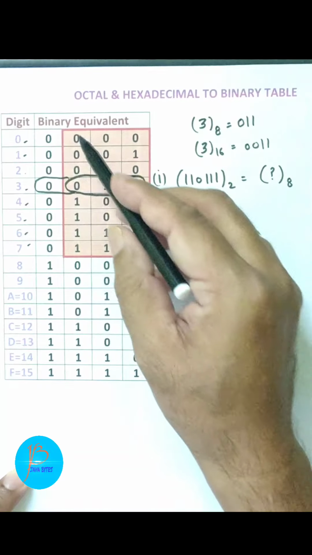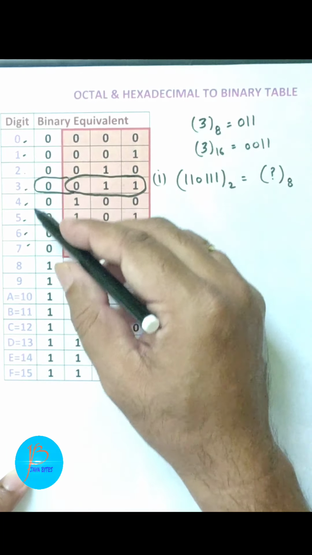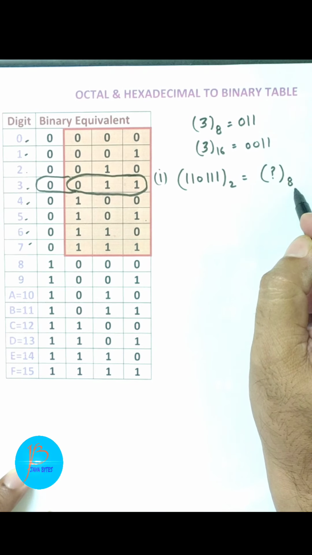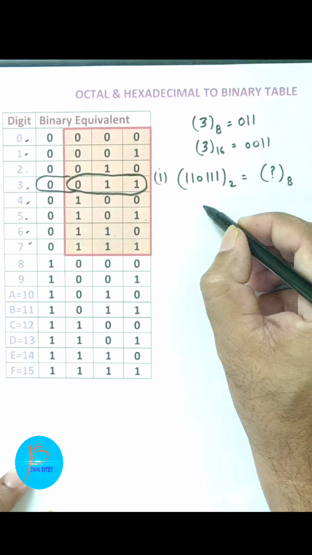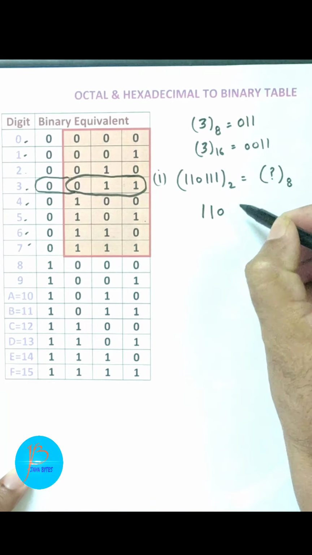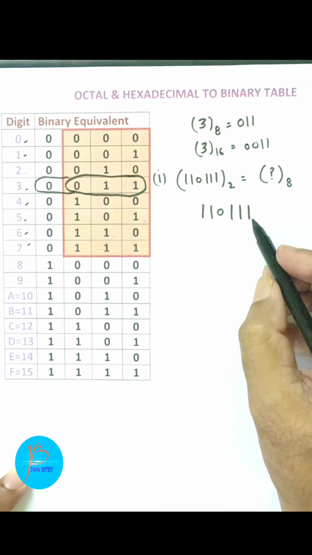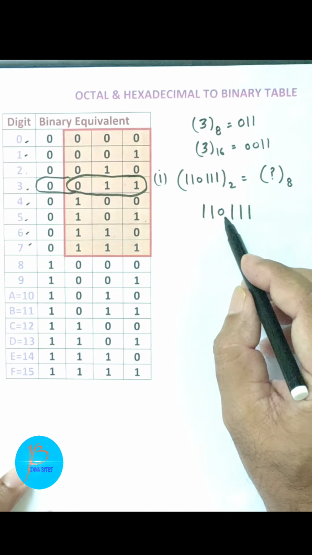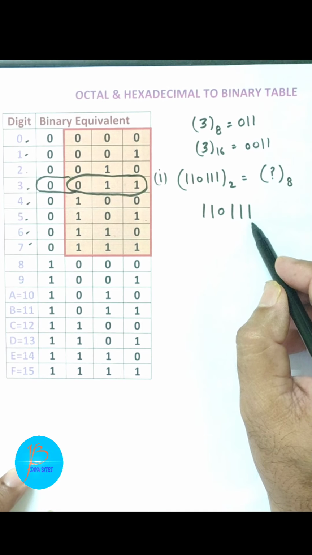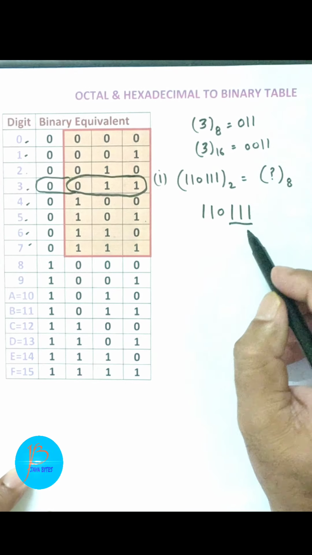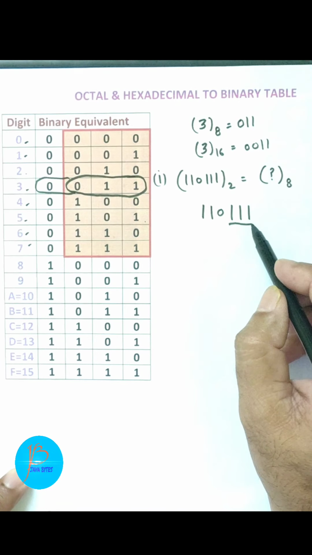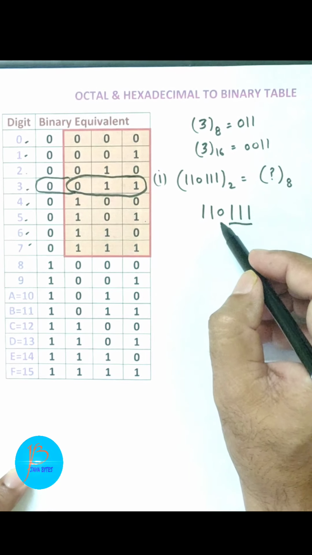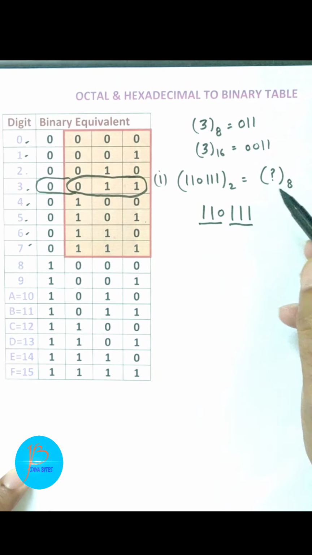So children, you know that we have the binary equivalent for all of octal and hexa. The number is given in binary and we have to convert it into its octal. For that purpose, what you have to do is write down the number and convert it into groups of 3. For example, the first number is 110111, so we will convert it into a group of 3 ones and 3 zeros, starting from right to left. So the first group is 111, then the second group.